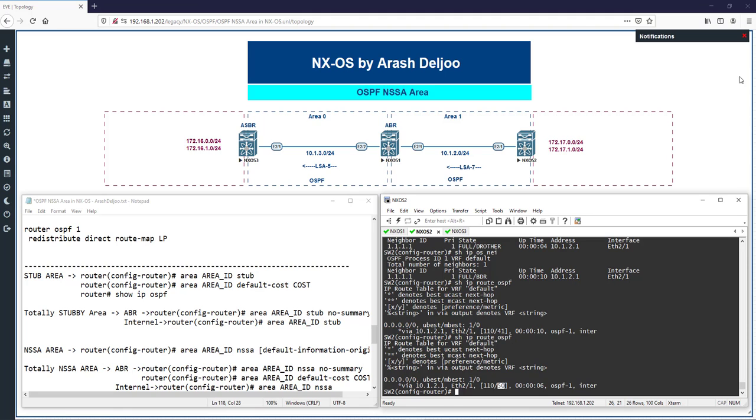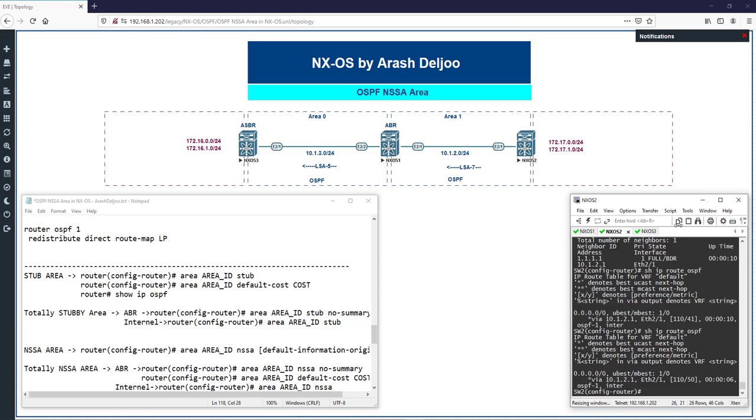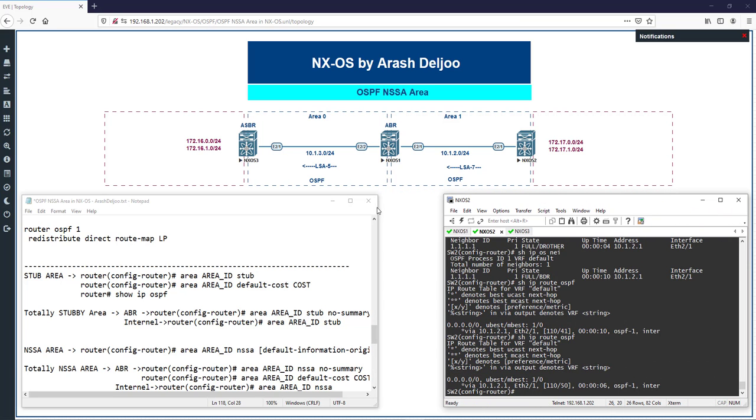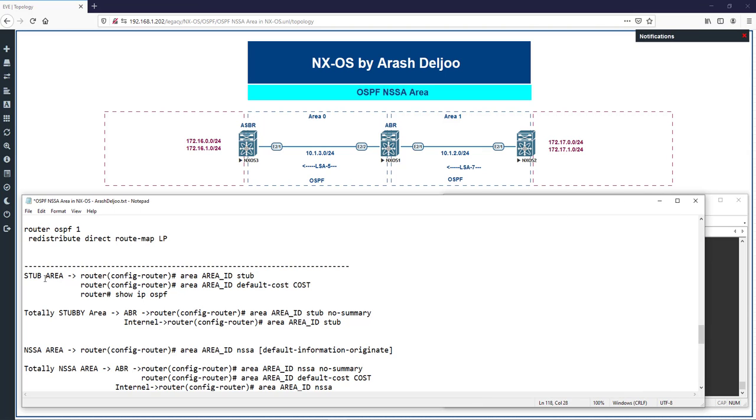Plus 40, the cost of the link is equal to 50. Okay, very good. This is the configuration of the stub NSSA area in OSPF. And now I'm going to review the topic. Look at here. This is the configuration. Let me review all parts of the configuration,